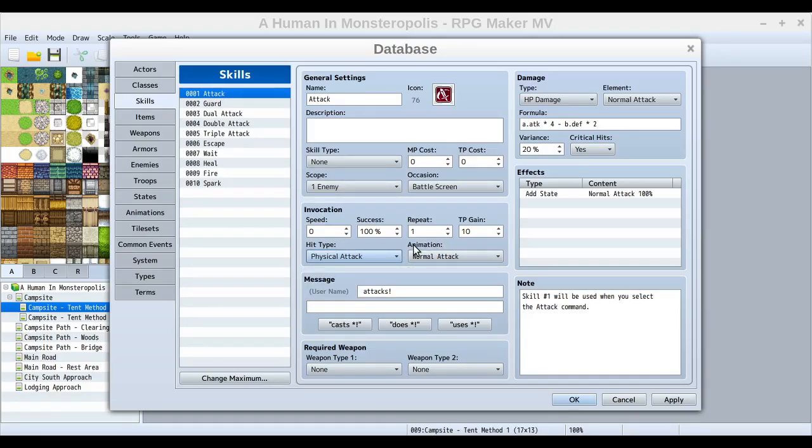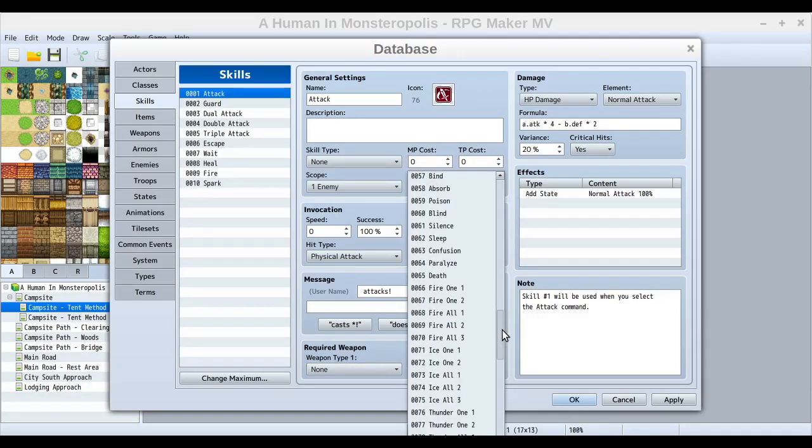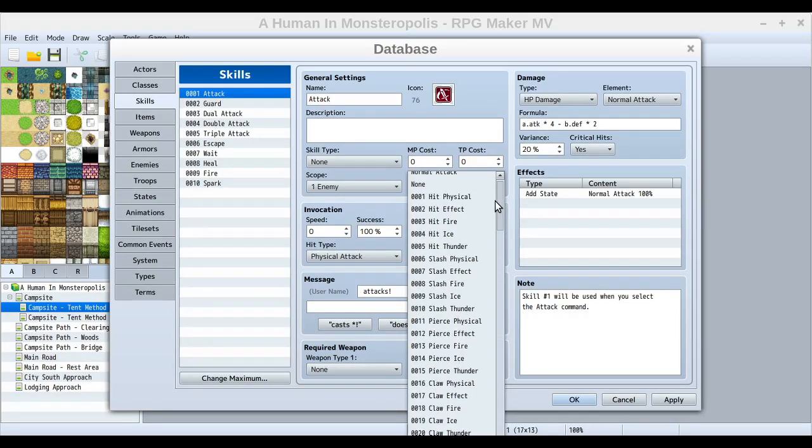So the animation here, this is a whole section, animations, that we'll get into. And that's kind of different between each RPG Maker iteration. It seems like they changed the animation system pretty frequently, but anyway, we'll get into that later. But it says the animation displayed for the target when using the action in battle. So there's a bunch built into RPG Maker by default, and you can see it's a pretty long list where they've already made animations for you that you can use. And if you like those and you don't want to mess with animations, then you can do that.